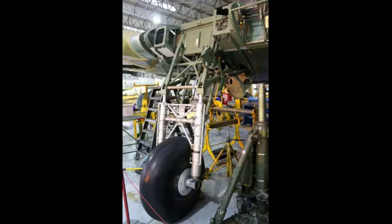So what happens is, on some aircraft the wheels will go up towards the leading edge, and then on some other aircraft the wheels will go backwards up towards the trailing edge. Now for this one, the Beaufighter, they go up